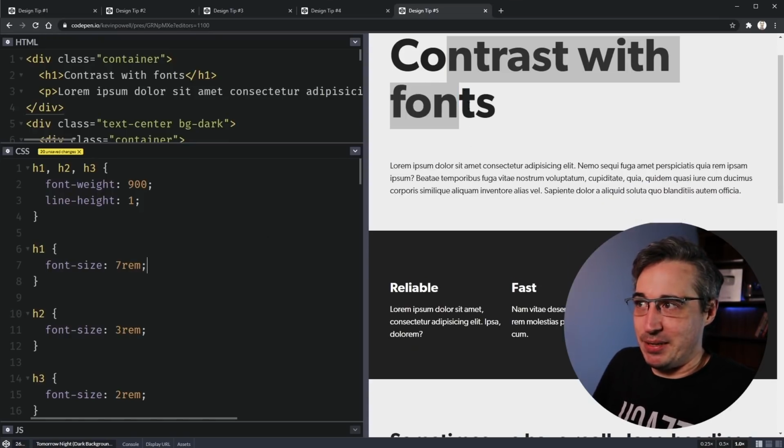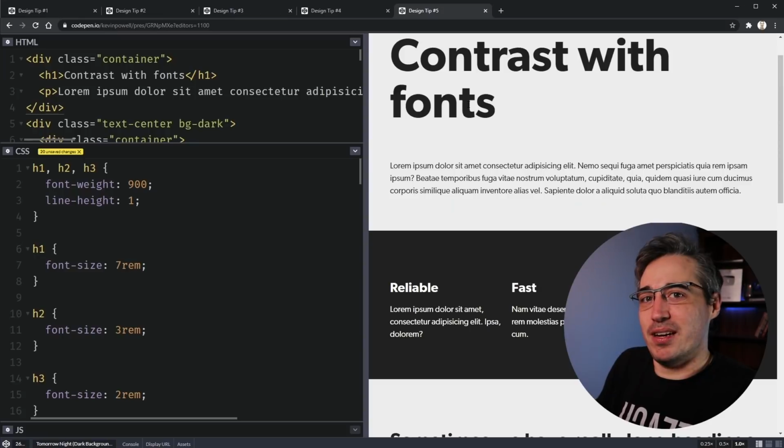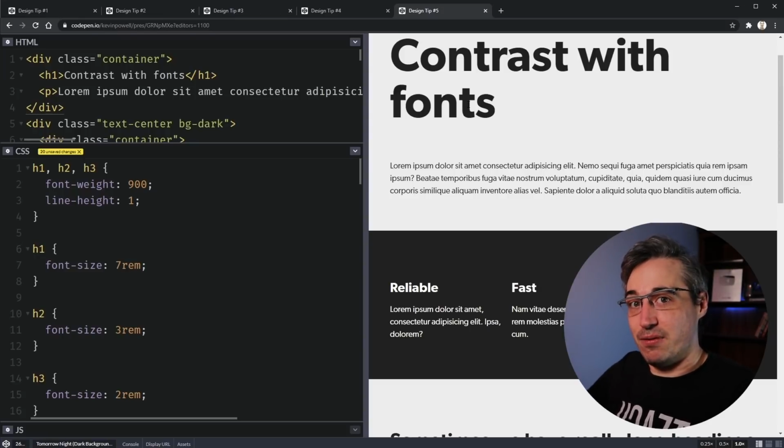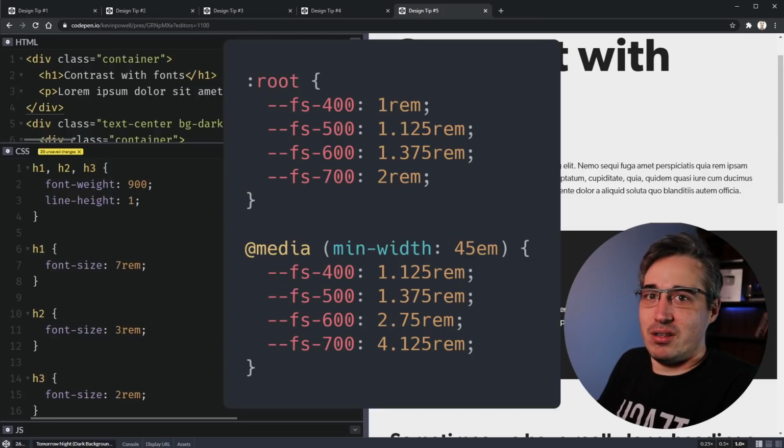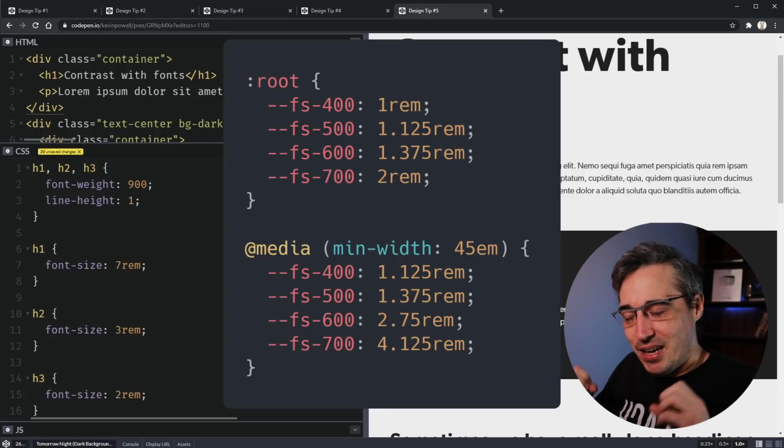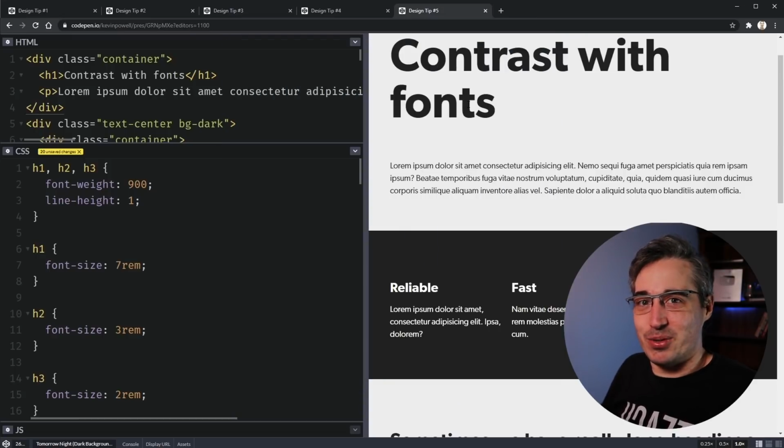And I'm exaggerating maybe here a little bit. You don't have to go this big with things. But when you do have a bigger contrast in font sizes, it just creates a bit more visual interest, and it does make it easier for the user on the page. And if you want a really easy type scale, setting it all up with custom properties, you can just change all of your font sizes by changing your custom property inside of a media query, and all of the font sizes will adjust automatically. It's just wonderful. It's so nice. It's one of my favorite things to do with custom properties because of how simple it is.